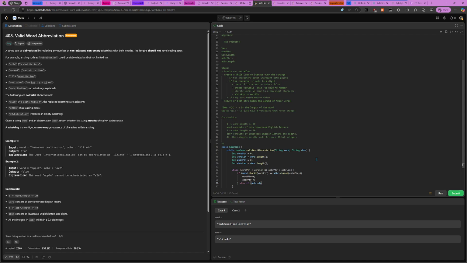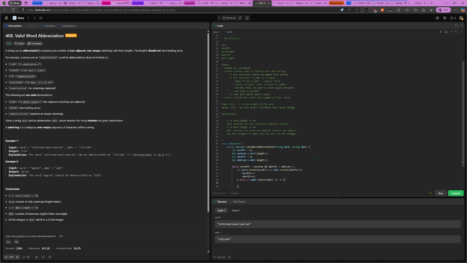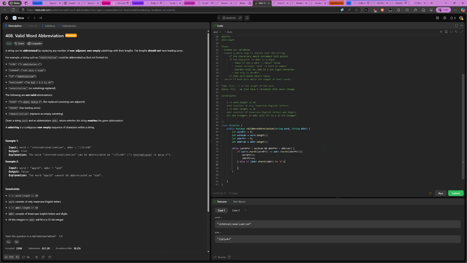Abbreviation.car. So we could do this, right? So abbreviation.car at does not equal 0. If it doesn't equal 0, that means we have a valid skip, right? Because here they match. No, that's not going to work. No, we do character